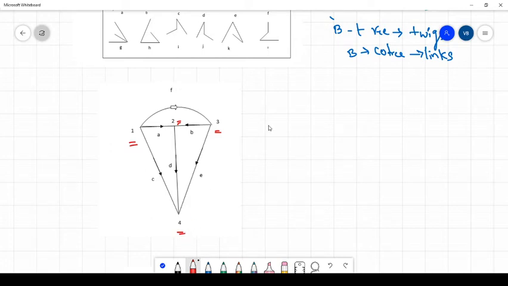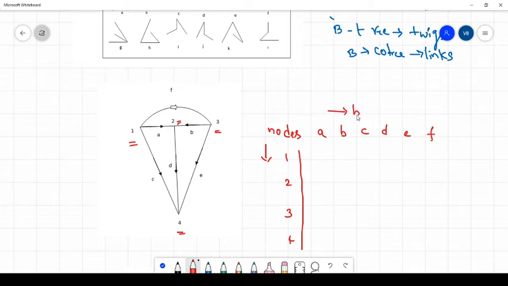So how we are going to write the incidence matrix? So here nodes we are going to take column wise. How many nodes? 4 nodes are there: 1, 2, 3 and 4. Okay, so these are the columns; row wise we are going to take the branches. How many branches are there? A, B, C, D, E and F. Total 6 branches are there. So here I am writing those we are going to take as columns A, B, C, D, E as well as F. So these are the branches here. We are going to take them column wise.